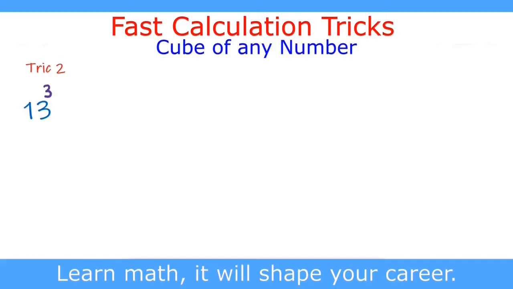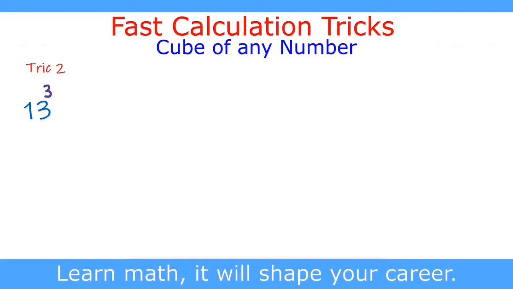Now we will go to the second short trick, and in this short trick we are going to learn how to find the cube of a two digit number. We take the first example by finding the cube of 13. In this trick we will first take the cube of the first digit, which is 1, and then the cube of the second digit, which is 3, and this cube we will write in 3 digits.